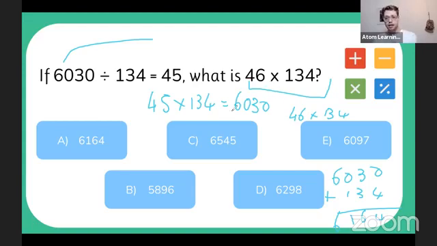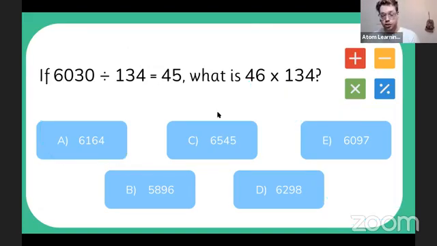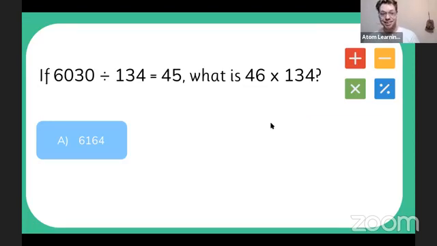And what we have there is 46 times 134. So 46 times 134 gives us 6,164. So the answer is A. So again, with these questions, it's all about getting familiar with setting up a plan of attack. You start out with, okay, what information have I been given and what do I need to do? I can change that first bit of the equation to give me 45 times 134. I can then work out 46 times 134 by just adding another 134. We love it. Okay, so that's another operations question, and the answer was A, so well done.